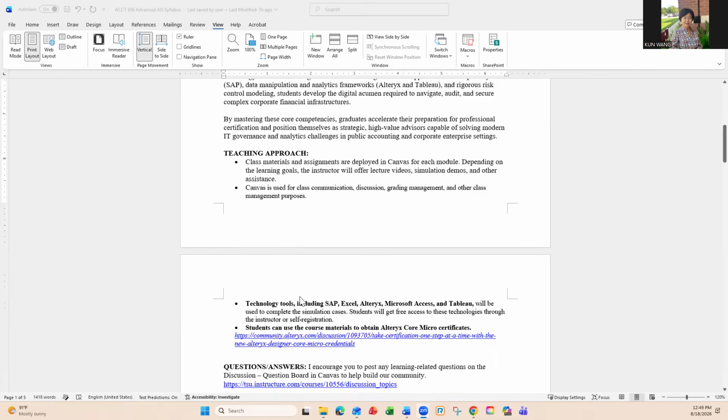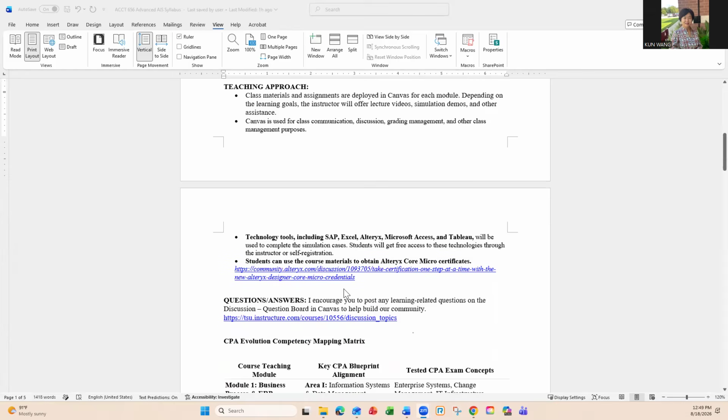In terms of the learning technology tools, we have all free resources. Some of them are based upon a paid subscription from our school, like SAP. We have a school subscription for their academic license. I already applied for all of your user accounts. I will share the info with you. And Alteryx, I believe you can apply for a free student account. I will give you the website link. I have a free educator account, and you can apply for a free student account.